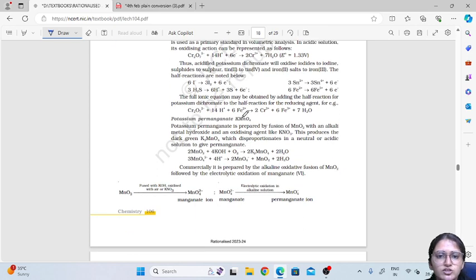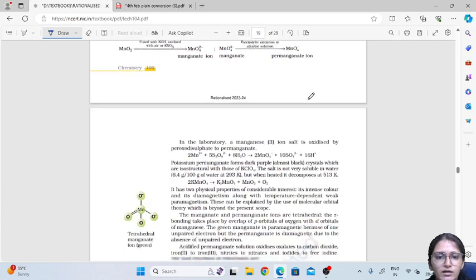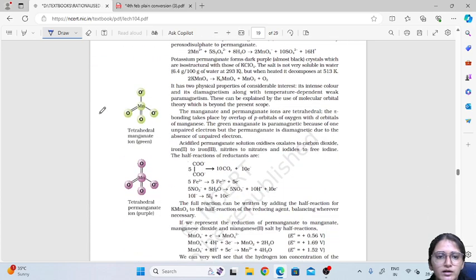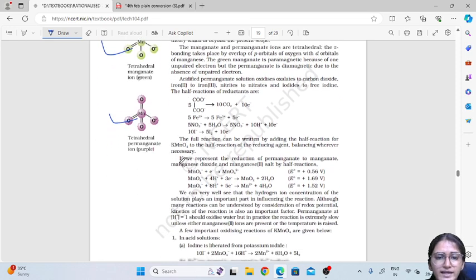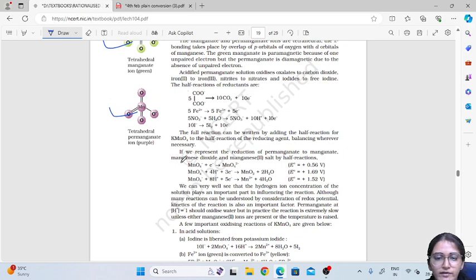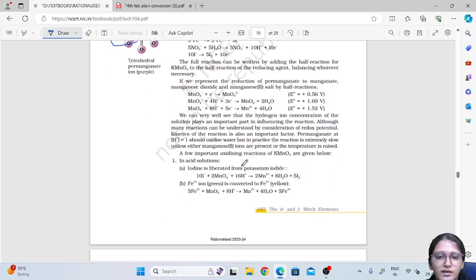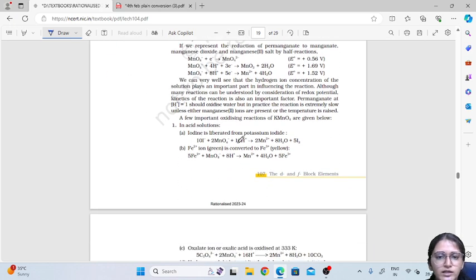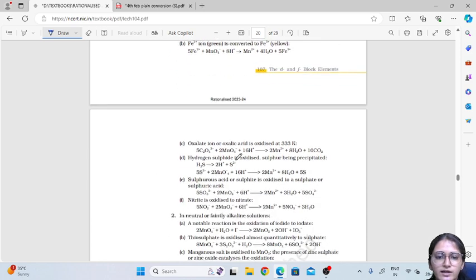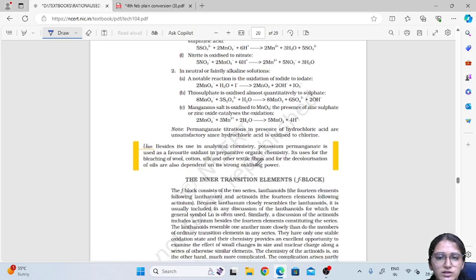Then next is potassium permanganate, which is also a good oxidizing agent, having KMnO4 as the formula. These two diagrams are very important, which you have to study, and they help show that these are very good oxidizing agents. So these are used in the oxidation of many reactions. Here, iodide is treated with this manganate to give manganese and water, forming I2, so it is oxidized. In a similar way, all these other elements undergo oxidation reactions.